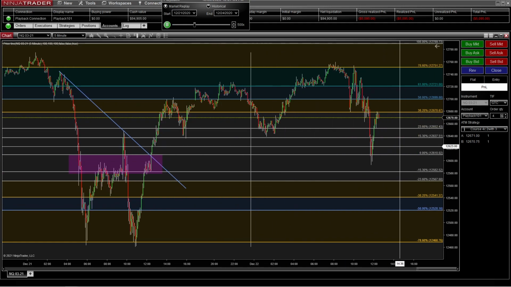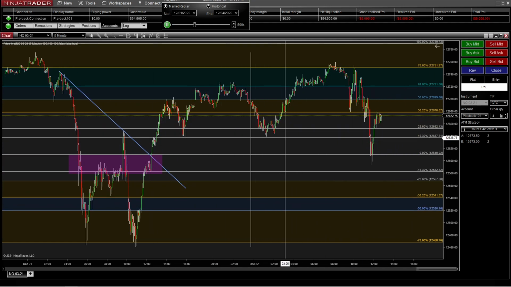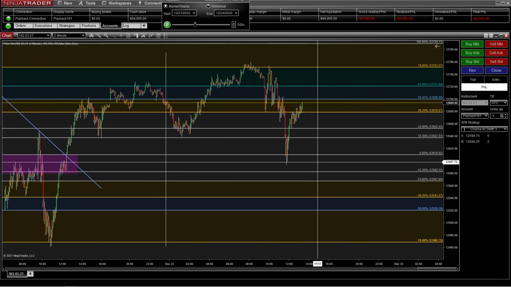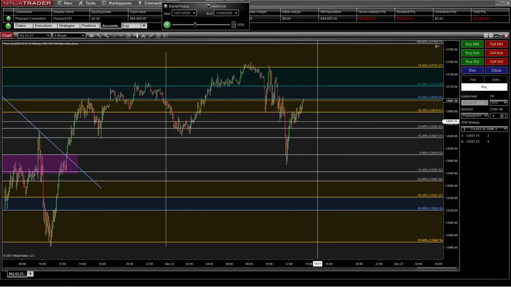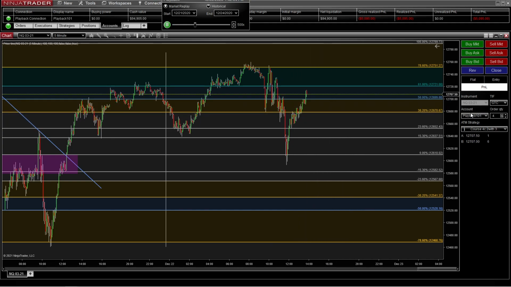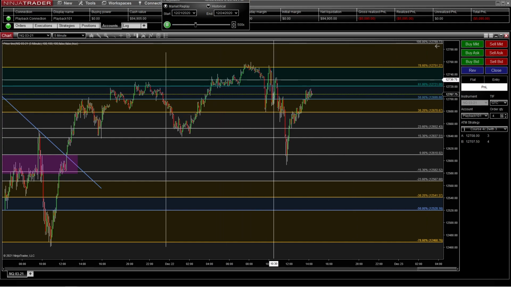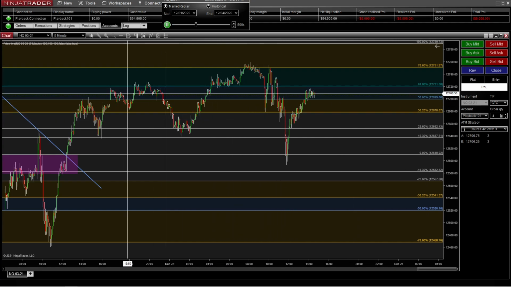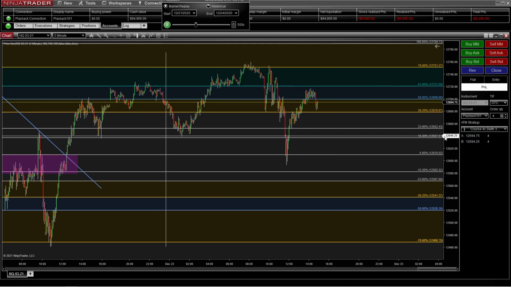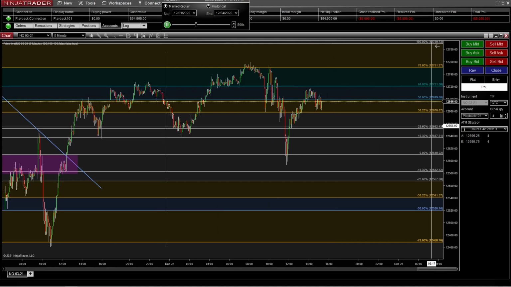Knowing how to do all this stuff here, I didn't learn this overnight. I teach it in all my courses. And as far as NinjaTrader, I think it is probably the best platform to use. Everything goes pretty smooth as long as you do the right things with it. But that's a little bit of live action for you, showing you how the ATM strategy works, how to set it up,